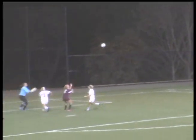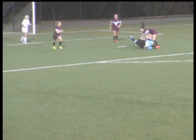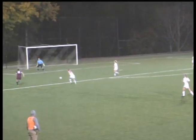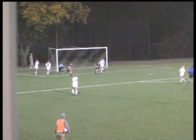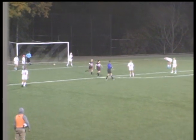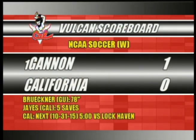Now Lindsey Green for Gannon tries to get a long shot here. It goes off of Felice, but Jays makes a juggling save, but Gannon would finally strike in the 78th minute as you see Bruckner gets wide open and puts it back. Megan Jays from an assist from Amanda Gallant and Gannon Golden Knights,